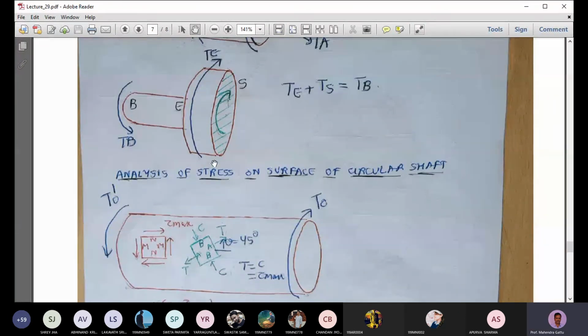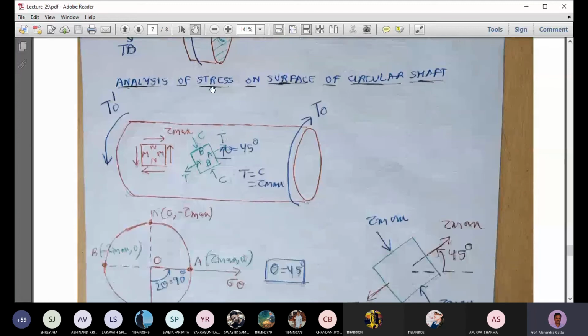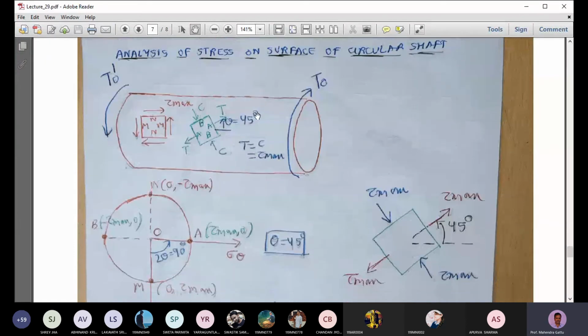So what else we can do? Yeah. So I think we are familiar now with the Mohr's circle. So let's look at from the perspective of shear stress, how it is distributed on the outer surface. So on the outer surface, there is no normal stress. Okay, there is only shear stress acting here. So there is a twisting torque in this direction. So the shear stress is acting.